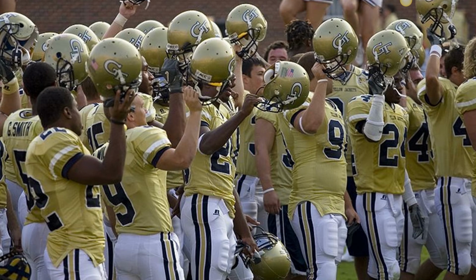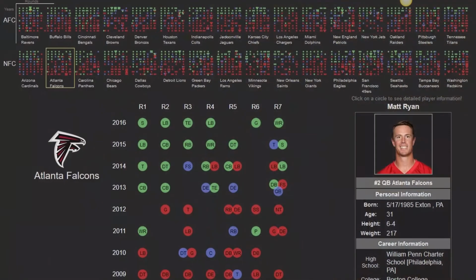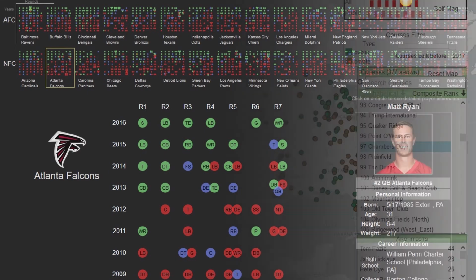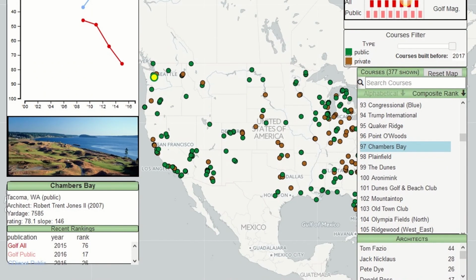The next couple of examples are from a seminar on sports analytics at Georgia Tech, created and conducted by students. Each visualization displays data in a creative and valuable way. This visual shows NFL draft history for all 32 teams within the past 10 years. Each circle is a player. Each color represents their current status. Green means active and red means not active. This system allows the user to see how each team has drafted and what position they have either hit or